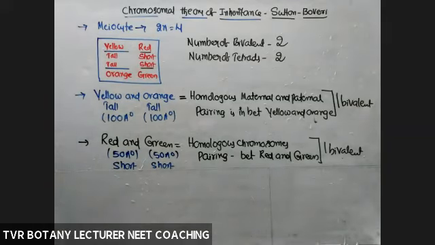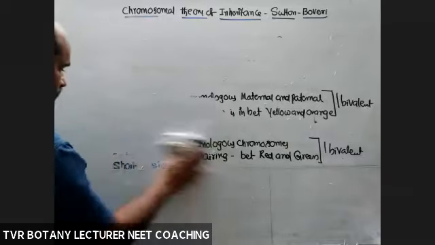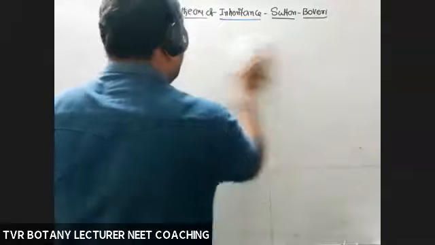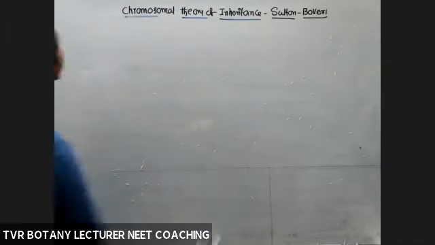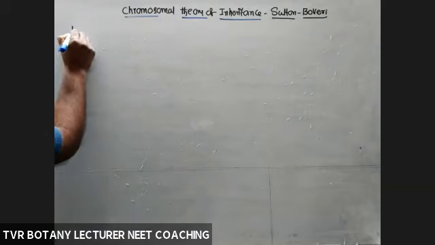Okay, so now what about the probabilities? In our textbook, they explained segregation and independent assortment with the help of probability 1 and probability 2. So what about probability 1 and probability 2? First, probability 1.